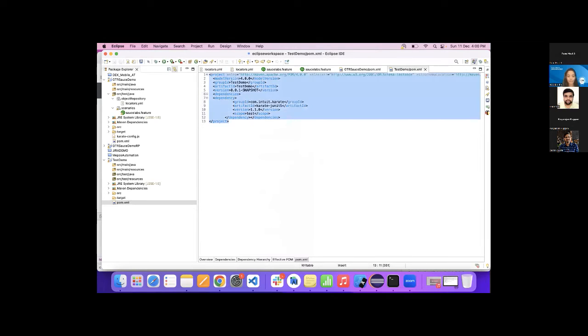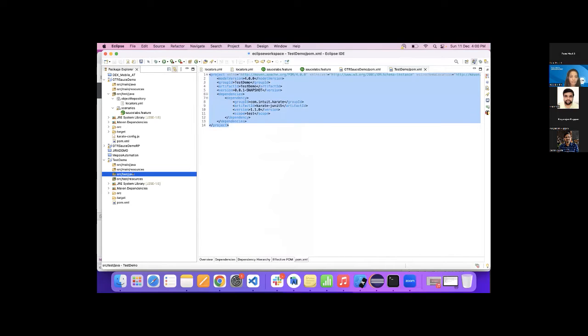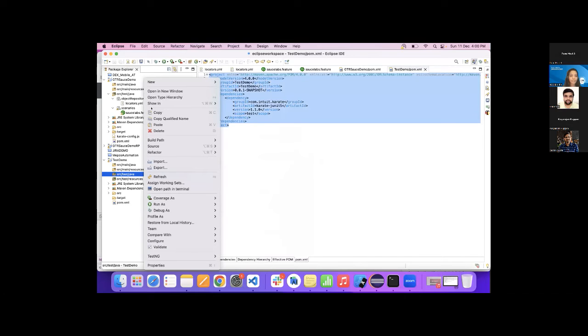So yeah, it will take some time in building up. In the meanwhile, we can create the packages that are required as we have created in the previous project.